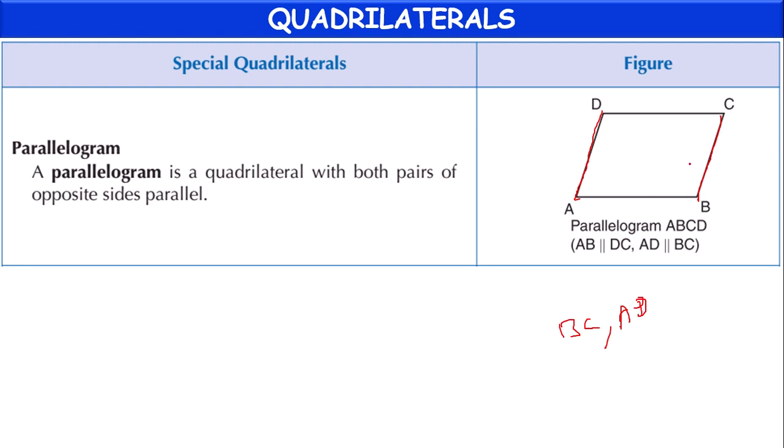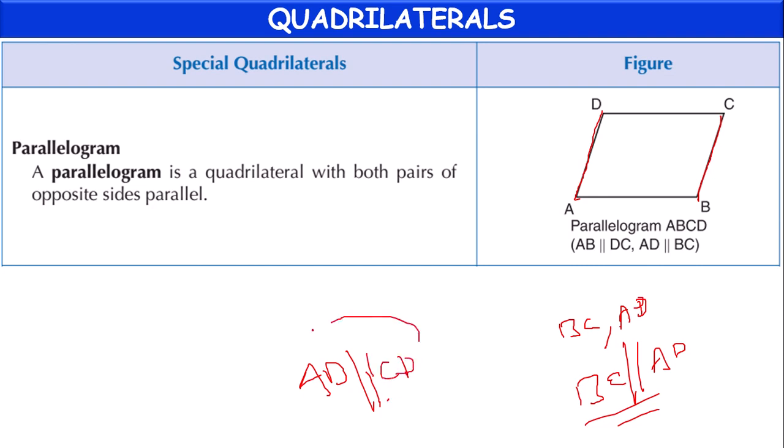So they are opposite. If BC is parallel to AD and AB is parallel to CD, if both pairs of opposite sides are parallel, then this